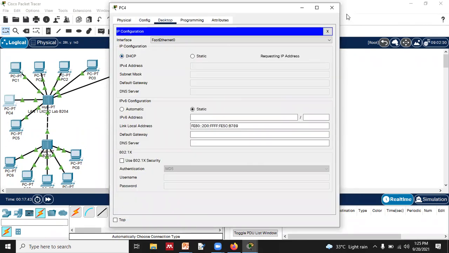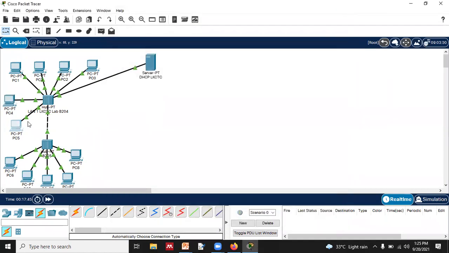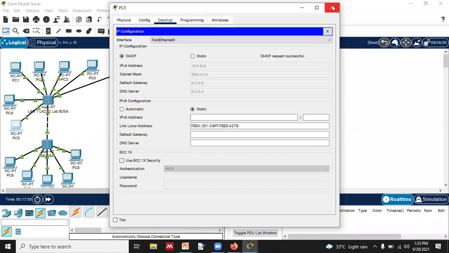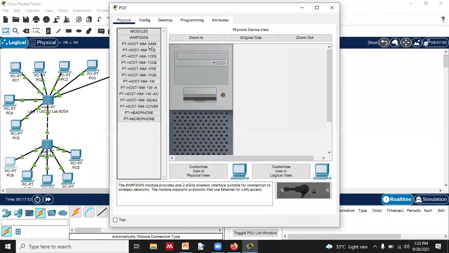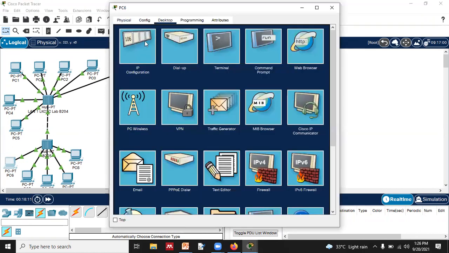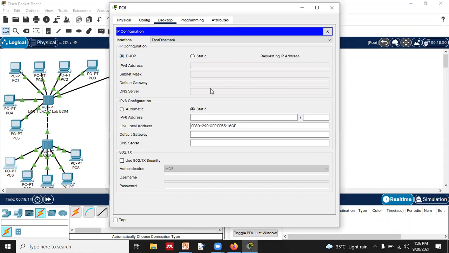So I'm just doing that. We have to turn on DHCP on each and every device like this way. And one by one, the request will go to the server. Now I am in a different lab. Now this is lab 205, right? In the same building, which is not connected directly with the server, but through this hub, it is connected to the server. Let's check whether we could get the DHCP IP address even when we are not connected directly.